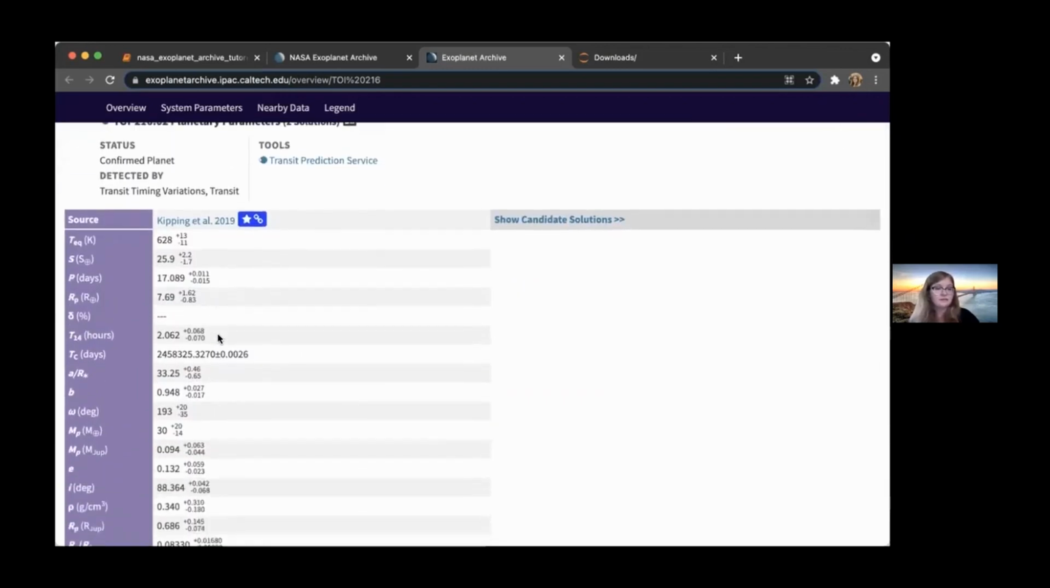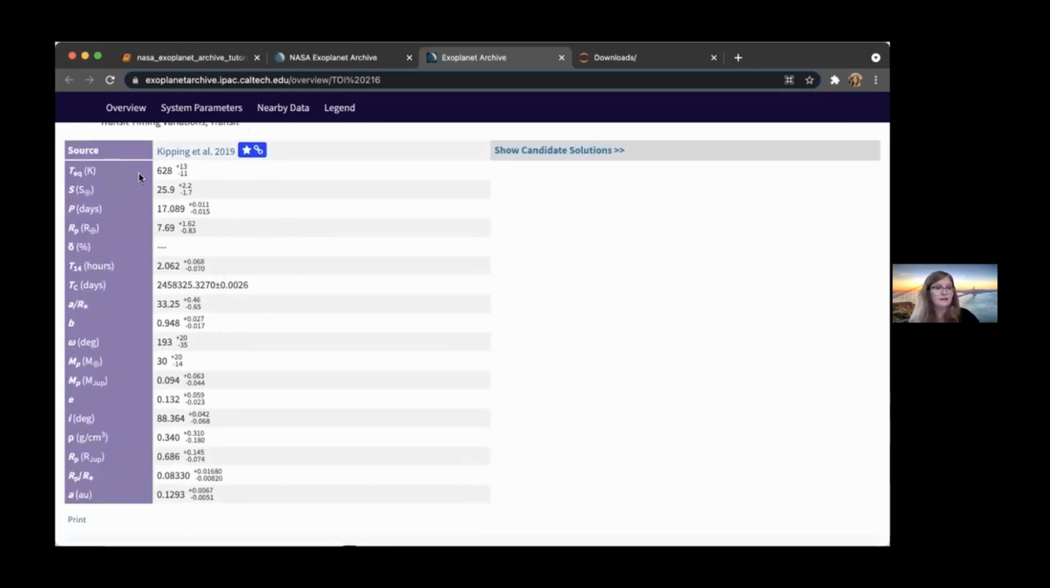TOI 216.02, you can have everything in terms of transit parameters, as well as periastron, orbital dynamics, approximate equilibrium temperature. This is great if you are specifically doing work where you are combing through one target at a time in order to